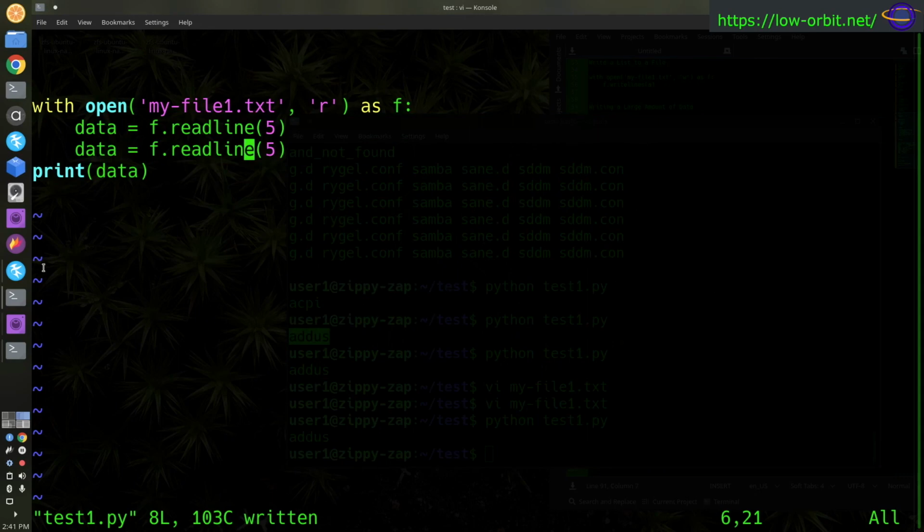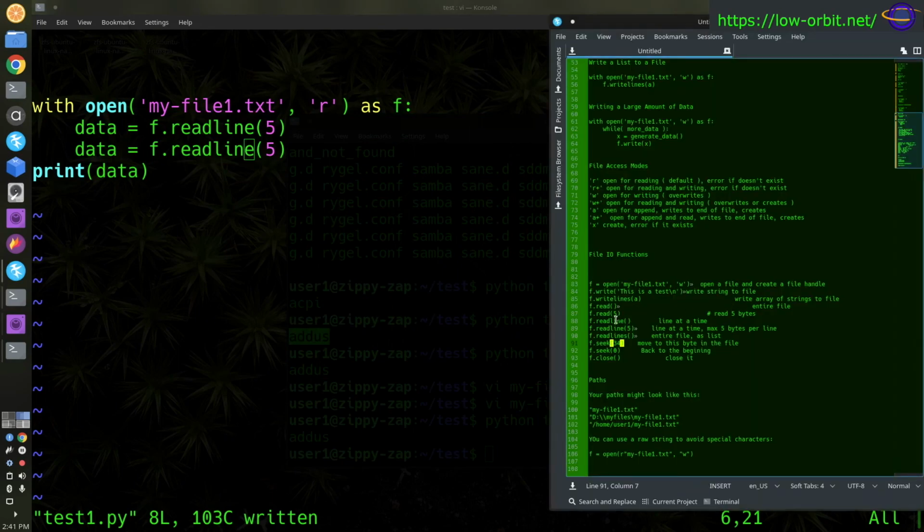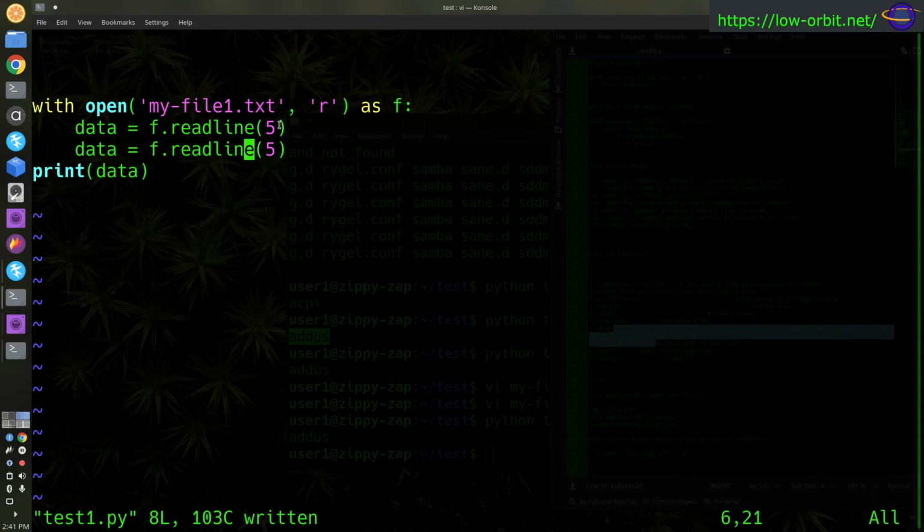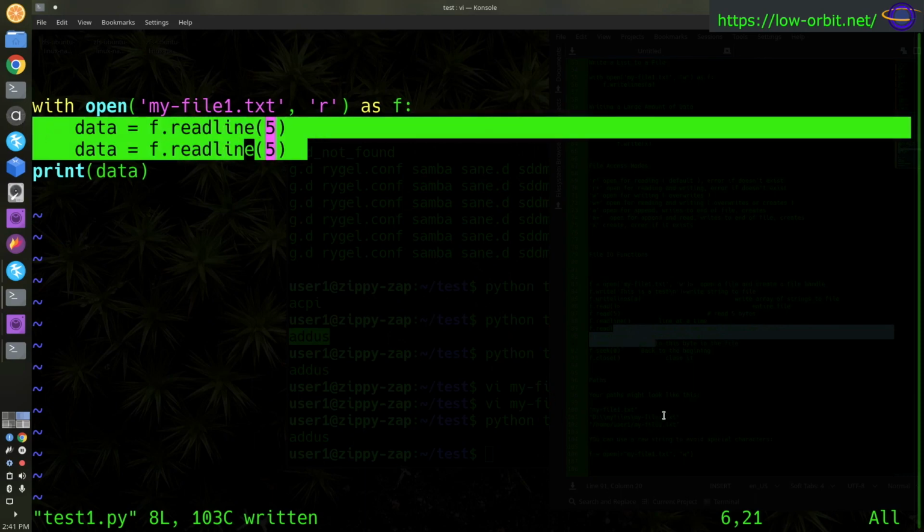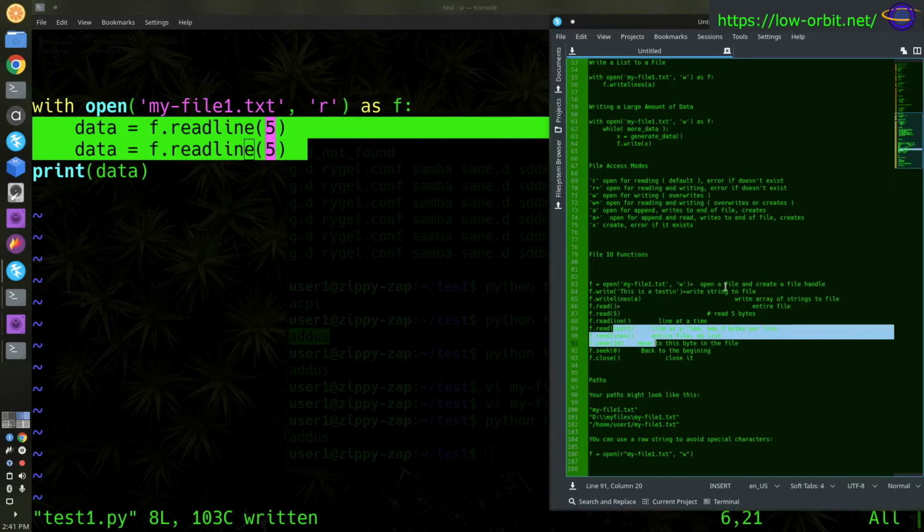What else should we cover? So we've got the entire file or just a line. I guess it doesn't matter. If your size is smaller than the line, it's not going to read the whole file. It's going to be the same result whether you're trying to read the whole file or the line. But either of those functions allow you to use a 5, so you can limit the number of bytes read, which you could have use cases for. But anyways,